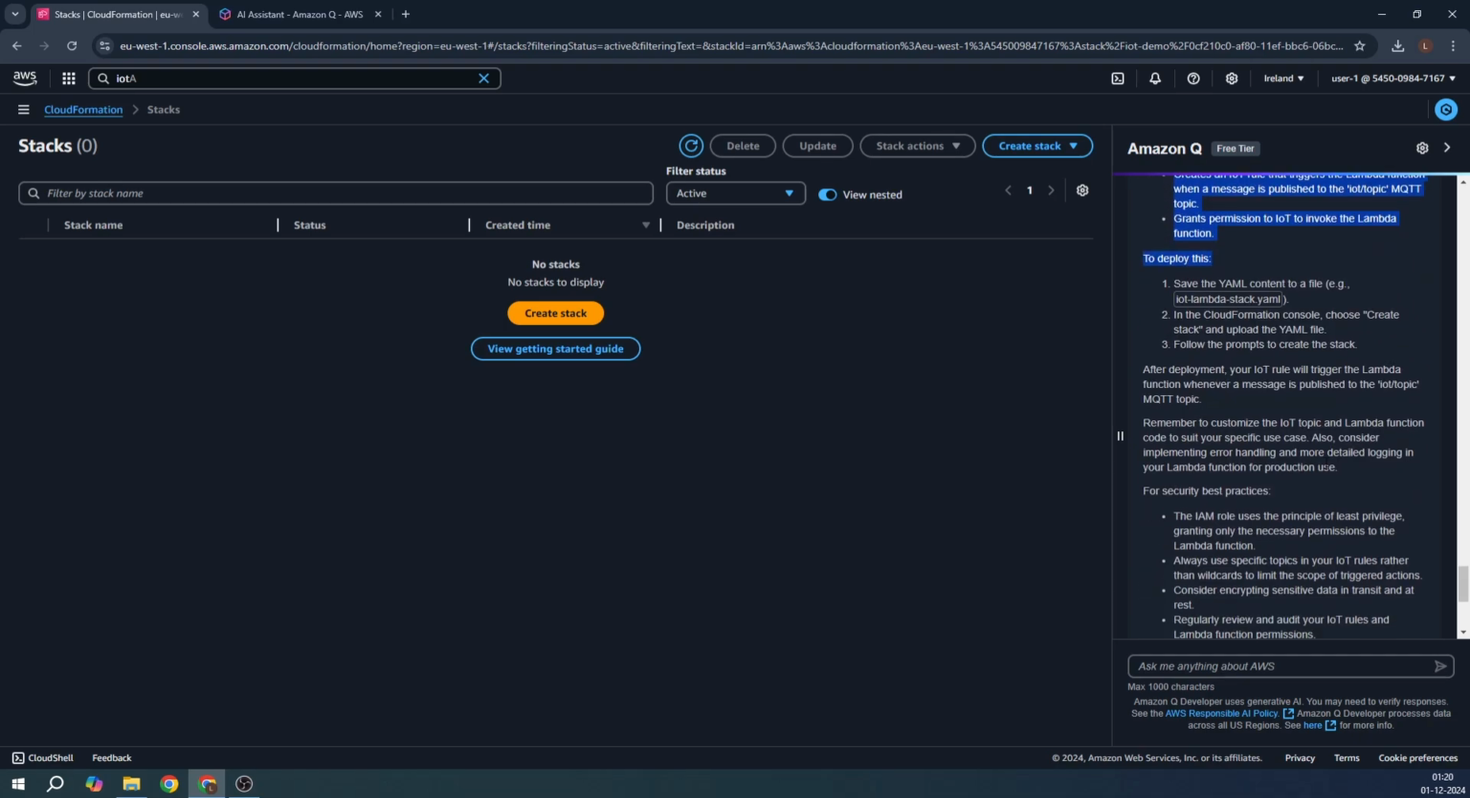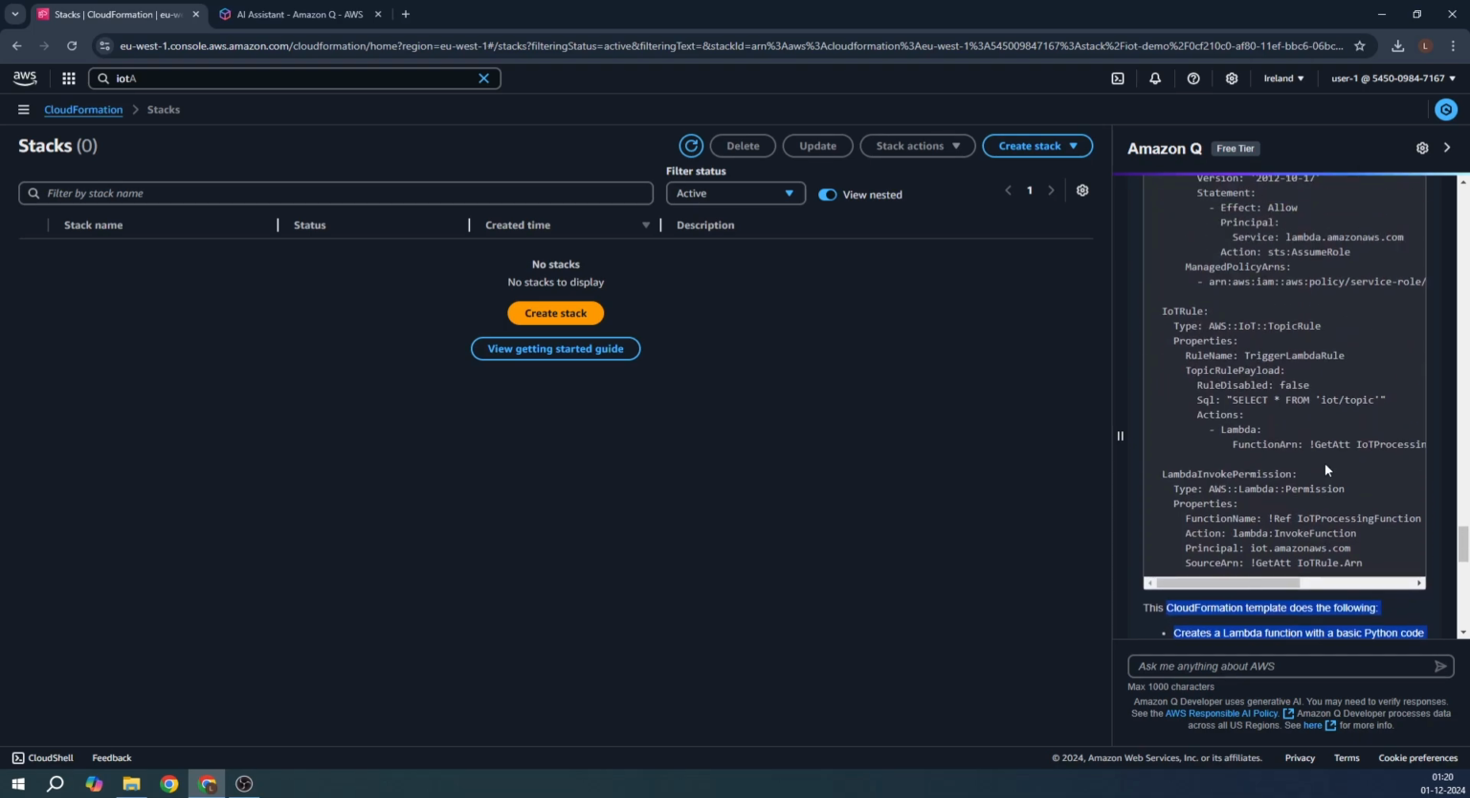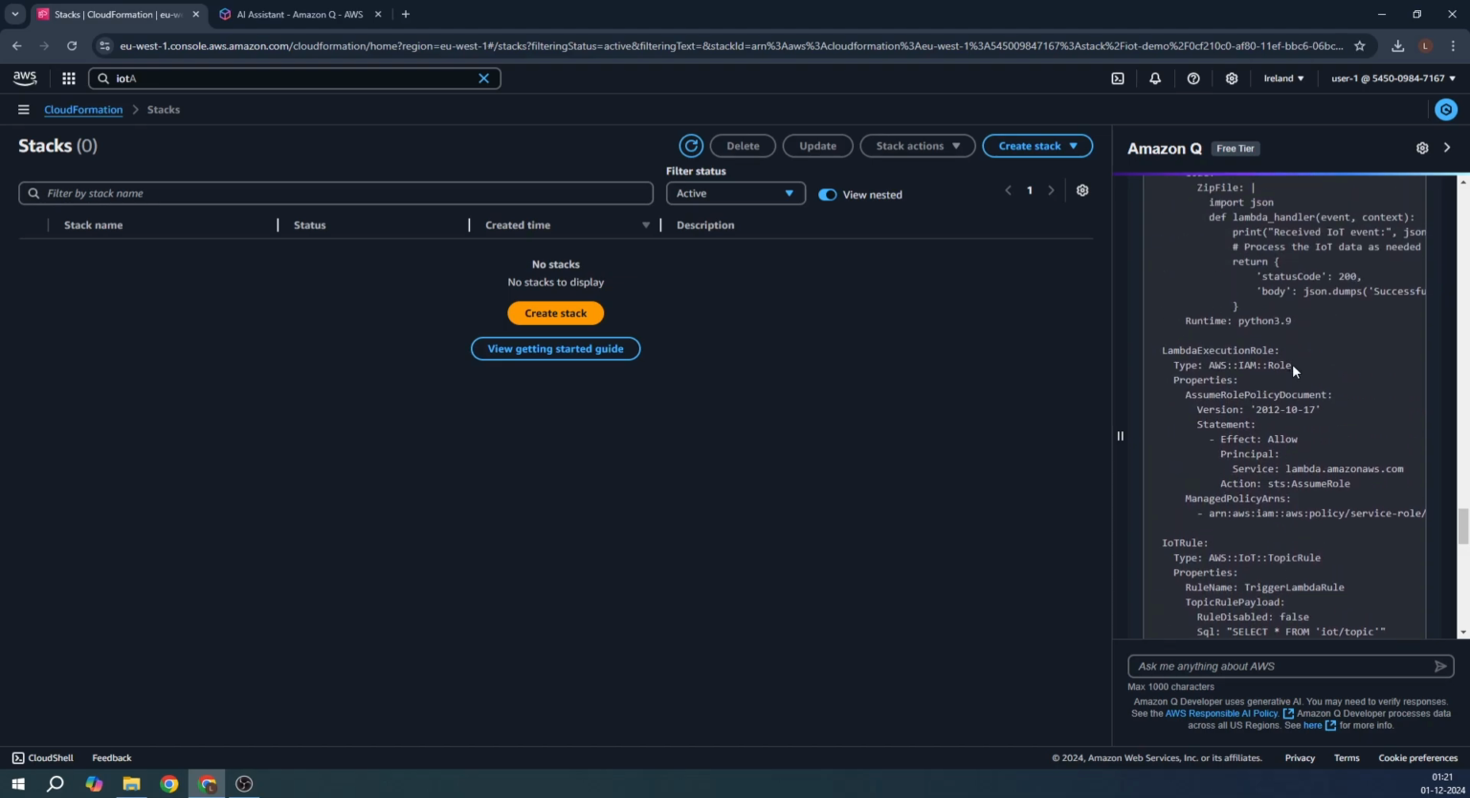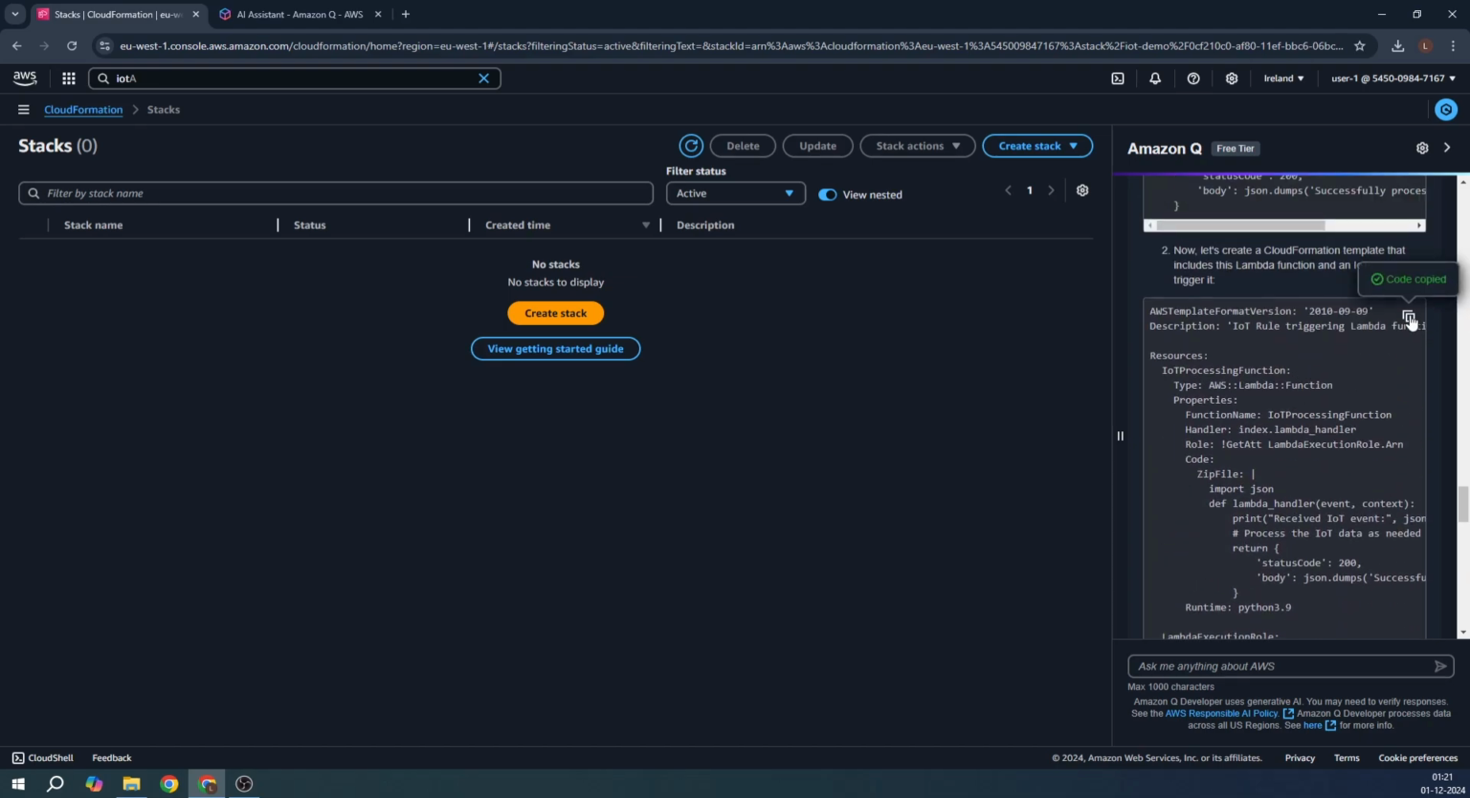What I'm doing in this specific use case is using IoT Core. IoT Core is the service that acts as a hub where you can connect your IoT devices, and from there, based on certain parameters or metrics, you can trigger one or more Lambda functions based on the rules that you are defining. So let me do one thing. Let me copy this and